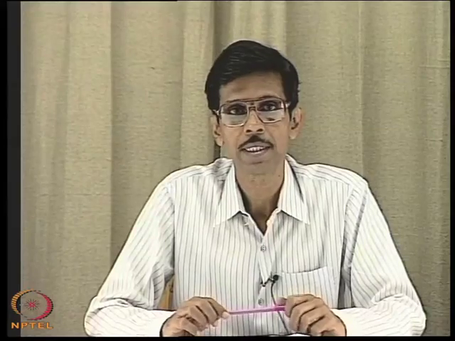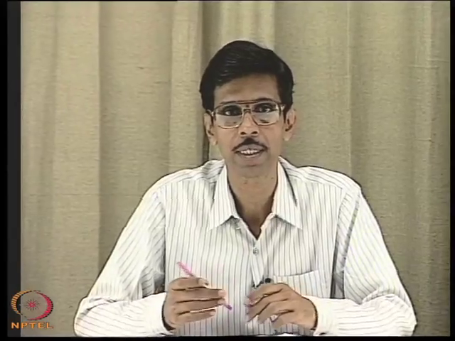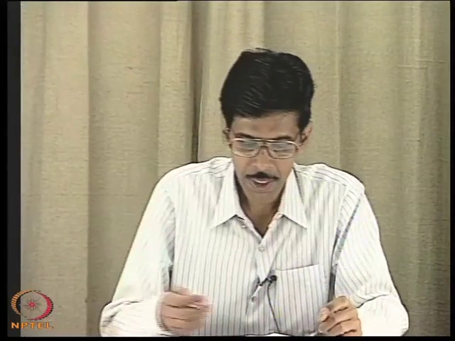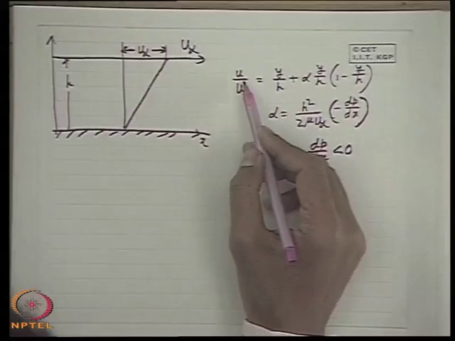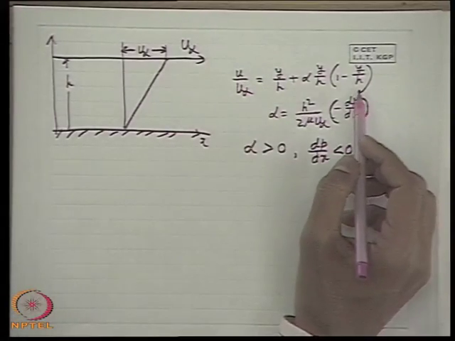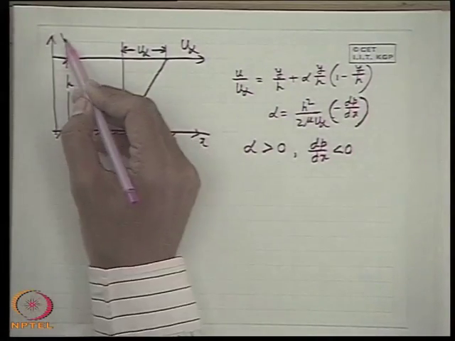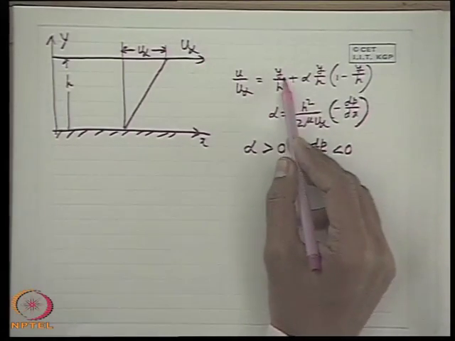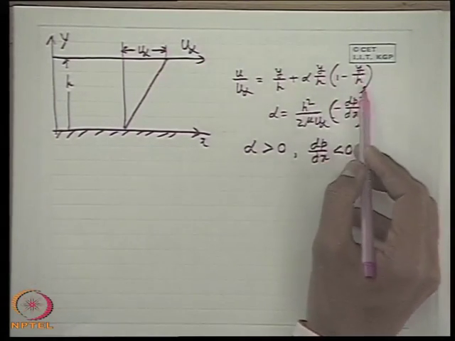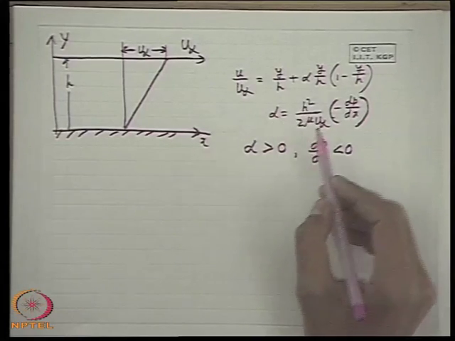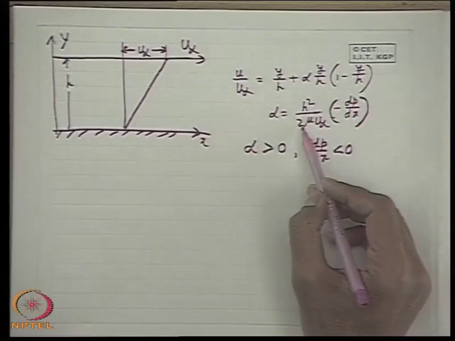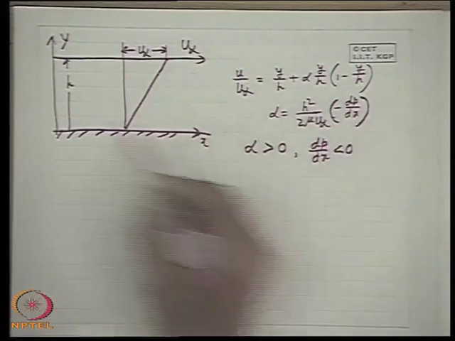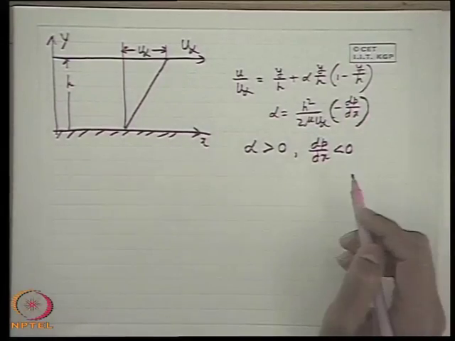Now last class we were discussing the velocity profiles in a Couette flow, an exact solution of the Navier-Stokes equations. Okay, let us continue the discussion now. We see that in Couette flow, in the last class we discussed the velocity profile as a function of y. This is the y direction, this is x, and one of the plates is moving. Now u by u infinity equals y by h plus alpha times y by h times 1 minus y by h, where alpha is the non-dimensional pressure gradient, defined as h square by 2 mu u infinity times minus dp dx. h is the distance between the plates.